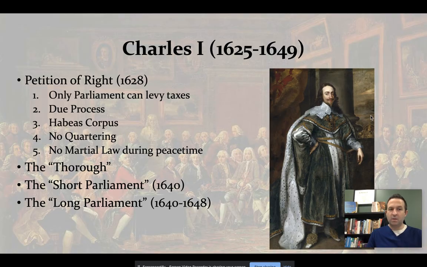Number 2, no one should be imprisoned or detained without due process of law, habeas corpus. Number 3, right to speedy trial. So we have no one should be imprisoned or detained without due process. Notice some ideas in the U.S. Constitution. Habeas corpus, right to a trial. No forced quartering of soldiers in private homes. Boy, that only worked with the U.S. colonies. Oh yeah, and martial law can't be declared during peacetime.